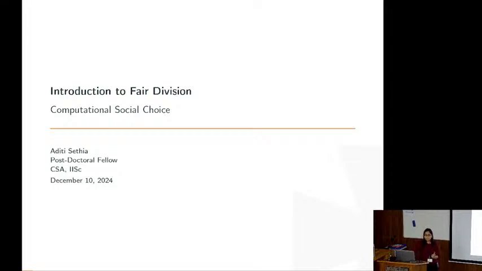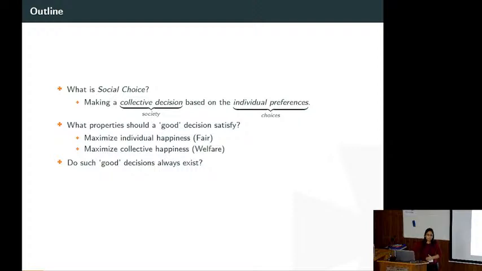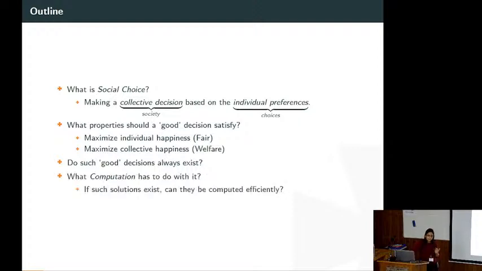The first question that arises is, do these good allocations, good decisions, or good matchings always exist? This can be modeled across various scenarios. And once such decisions exist, if we have the existential guarantee, the next question is if we can find them efficiently, if we have protocols or algorithms or well-defined procedures that can lead us to those good decisions. Right, so this is the outline of the talk. We'll see how